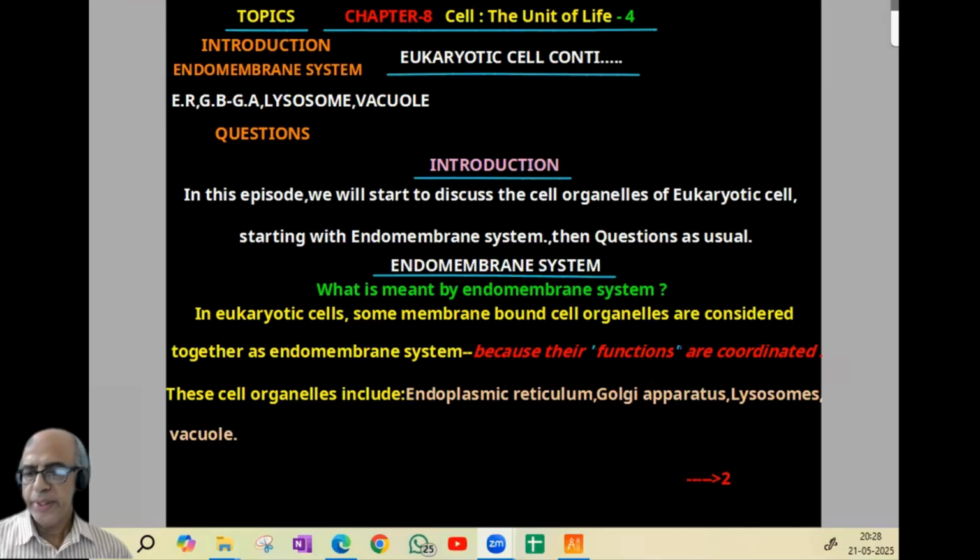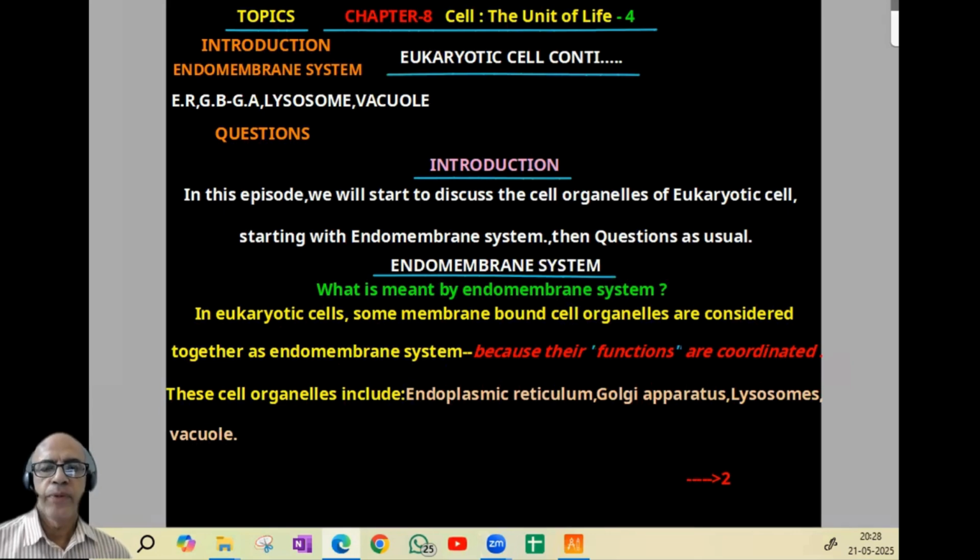So in this episode, we'll be discussing Cell: The Unit of Life, fourth one, chapter number 8. So what all things will we be discussing in this episode? For all that, I will share the screen so you can find the note also. I think the screen came, so we can proceed to discuss Cell: The Unit of Life, fourth episode, chapter number